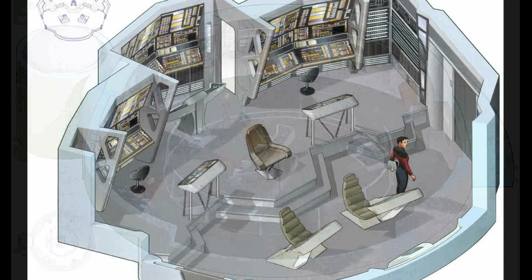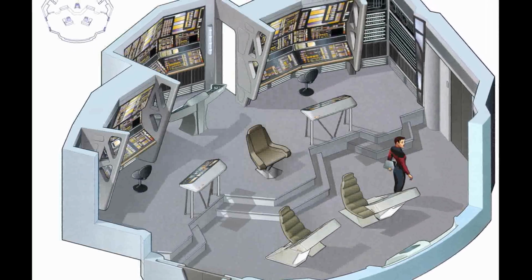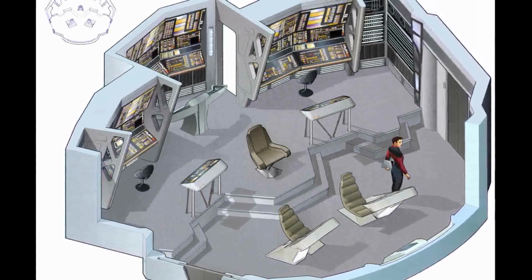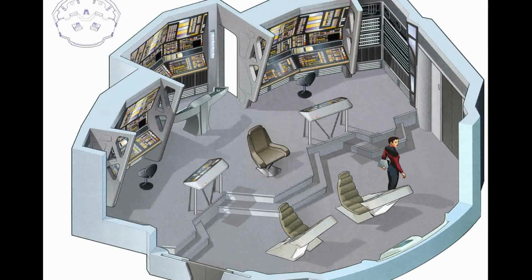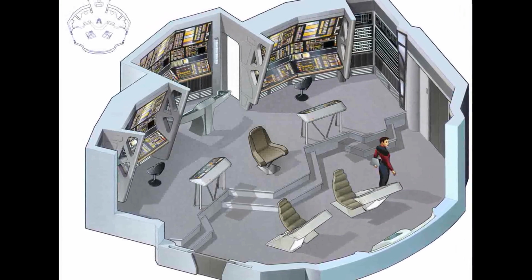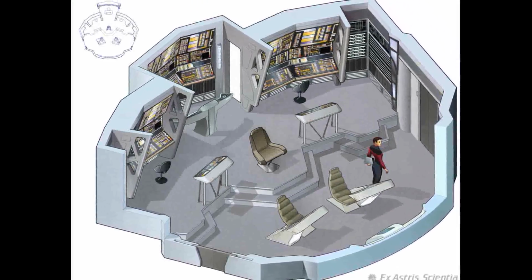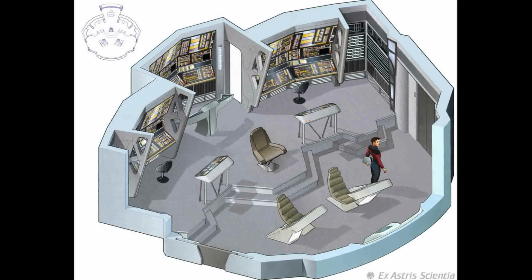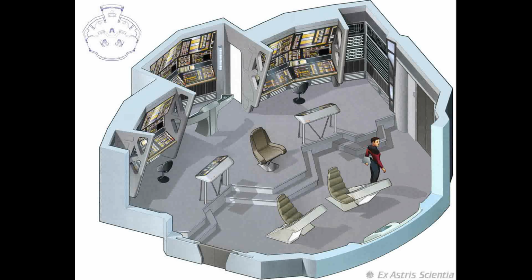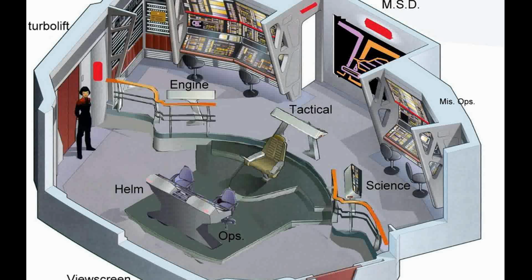The bridge, similarly found on board the USS Saratoga NCC 1887, also had primary stations located on the perimeter of the bridge. However, the Saratoga's bridge included the science station on the port side of the bridge, nearly parallel to the navigation station. By the 24th century, further reconfigurations were made in the layout of the bridge, including the separation